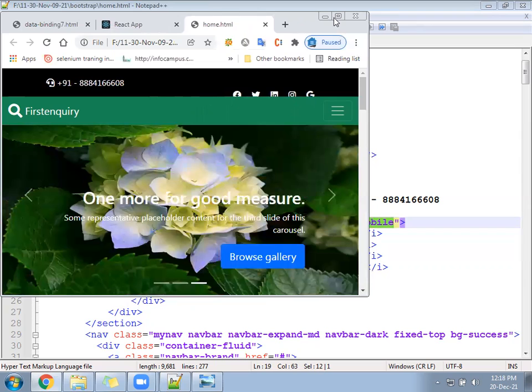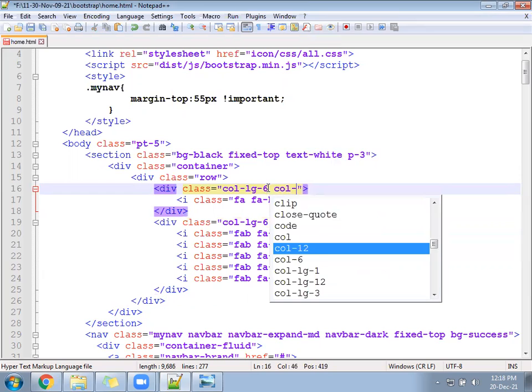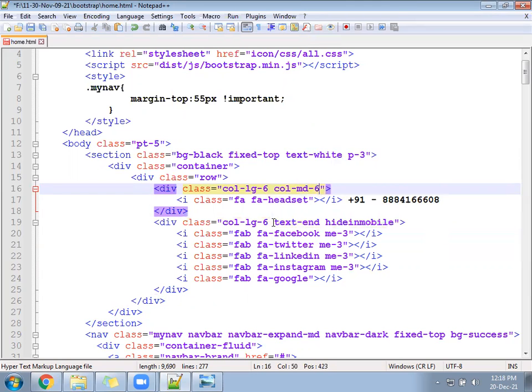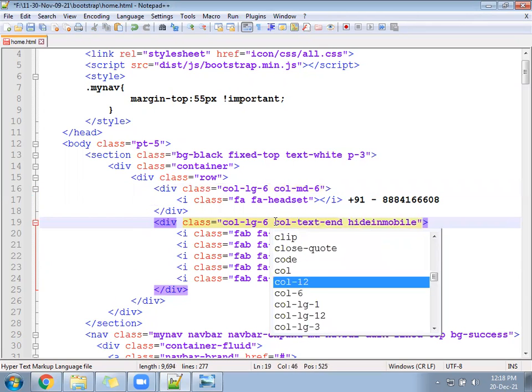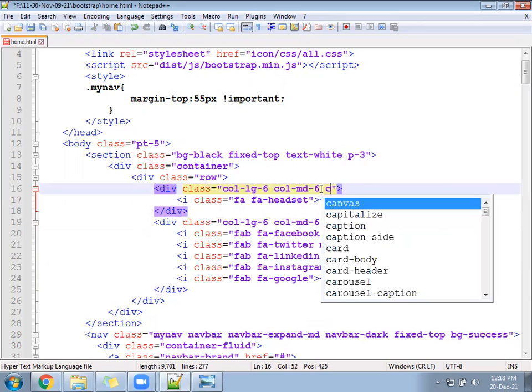Okay, hold on. Let's do one thing. Add here one more class. col-lg-6 we have given. col-md-6, MD also give 6. After that give col-sm-12.